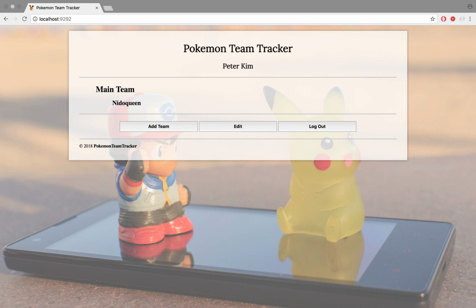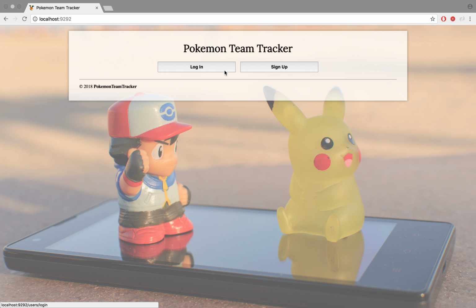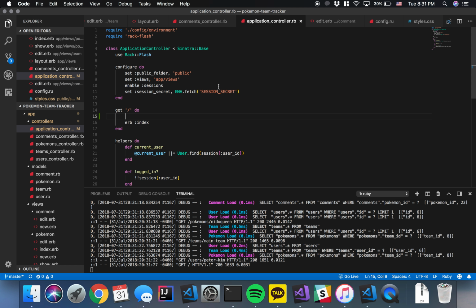Okay, so what I want to work on today is if I'm logged in, and then I go to the index route, it basically should redirect me to my user page instead of logging me out, essentially. So if we go to the code, to my application controller